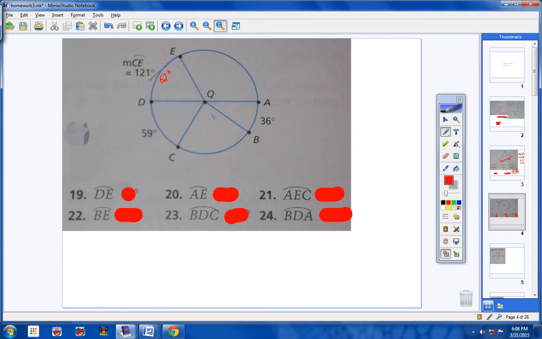Now something else, they tell us in the directions that we have circle Q. Now if we have circle Q, then this has to be a diameter, because this line is passing through the center. If a chord passes through the center, it has to be a diameter. If this is a diameter right here, then we have a semicircle from here to here. If we have a semicircle from here to here, that means we have 180 degrees. So if this is 180 degrees, then E to A must be 118, because 118 plus 62 gives you 180